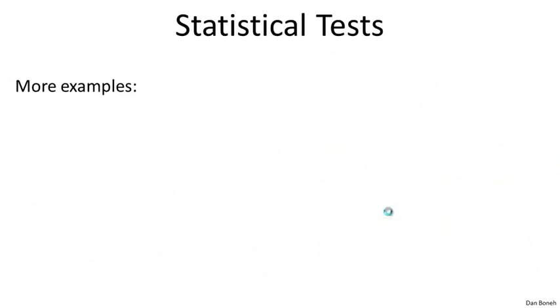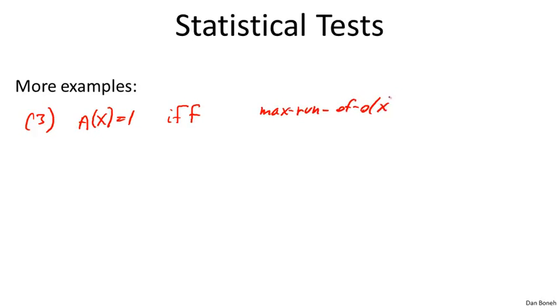Let's look at one more example of a statistical test, just to show you that basically statistical tests can pretty much do whatever they want. So here's a third example. Let's say that the statistical test outputs 1 if and only if the biggest block, so we'll call this the maximum run of 0 inside of the string x, which is basically the longest sequence of zeros inside of the string x,